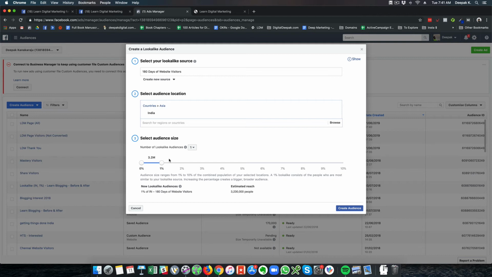And lookalike audience is extremely powerful because Facebook adds a lot of demographics, location, interests, behavior, and everything into the mix, and tries to create an audience for you based on the people who have visited your website or the custom audience that you have already created. So lookalike audience is one of the most powerful audiences inside Facebook, and it's very easy to expand your total audience. For example, here you can see 3.2 million people is the estimated reach, and it's also very targeted. This is something that we will look at in future videos. We will create a lookalike audience and run a campaign for it and see how it performs.